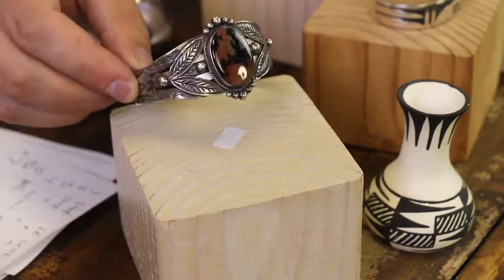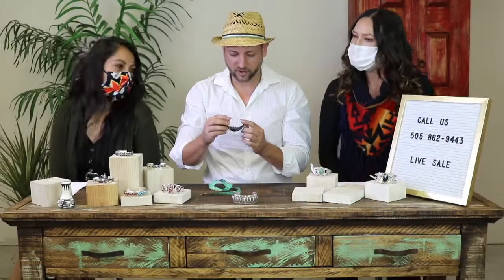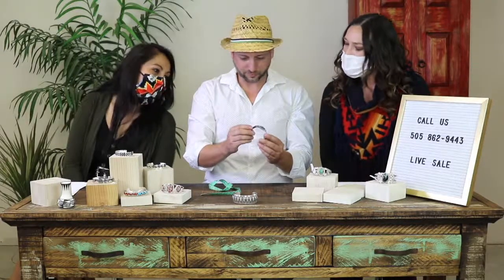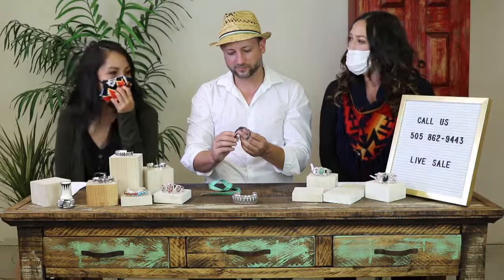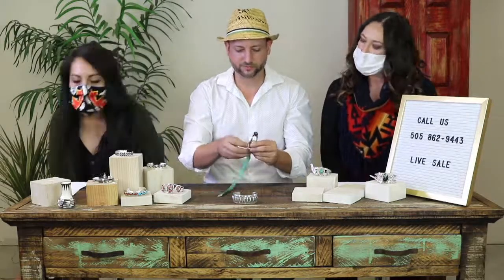Nice color. It's an old piece. It's definitely after the Fred Harvey era, but you can tell it's inspired by that same era as these other pieces. You got the leaves on there. Handmade stamped leaves. What is that on this side? It's called picture jasper, because it looks like a picture. Very befitting. This piece measures